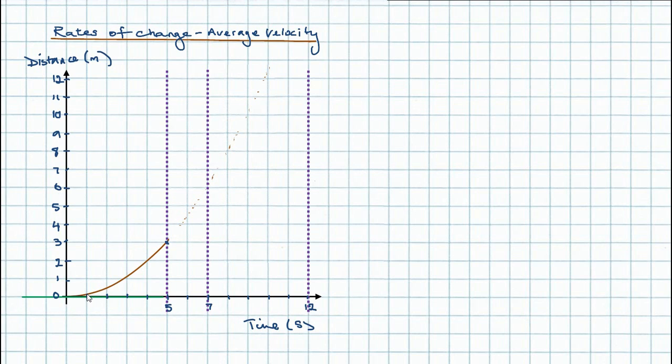If we take a snapshot here at t equals 1, then we'd have to draw a tangent to the curve like this. And you can see as the angle increases, then the velocity is increasing. In fact, it's increasing from 0. We've now got a velocity of, well, roughly 1 over 5, so 1/5 of a meter per second. Now, if I increase